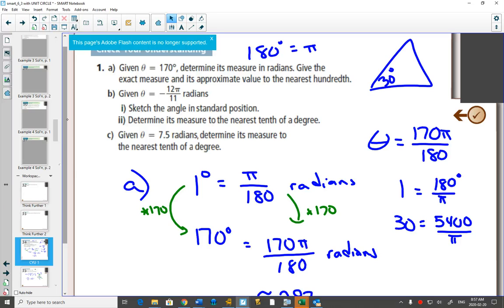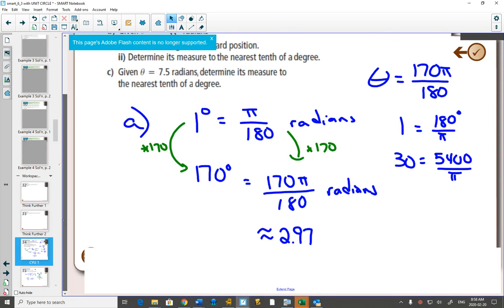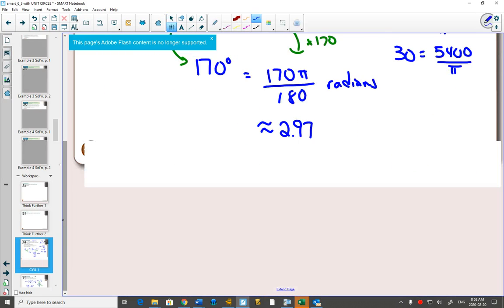Part B. I'm going to start to teach you how to think in radians. Because right now, that's going to be hard. Because your whole angle life, you've probably dealt in degrees. And now we have to start thinking in radians. So we're given theta is equal to negative 12 pi over 11 radians. We need to sketch that angle in standard position. So for part B here,